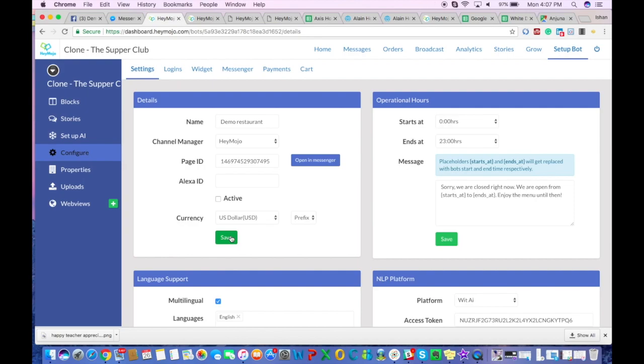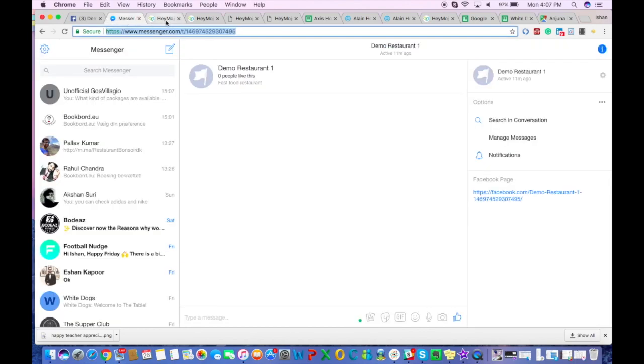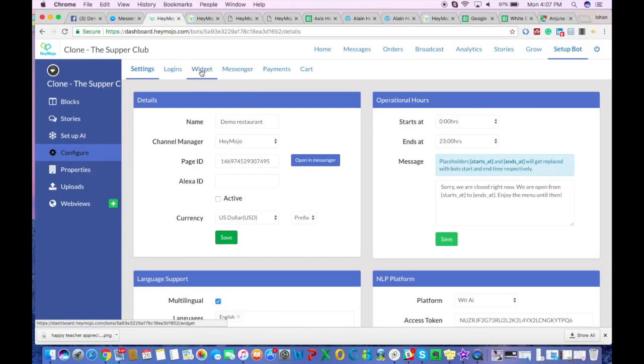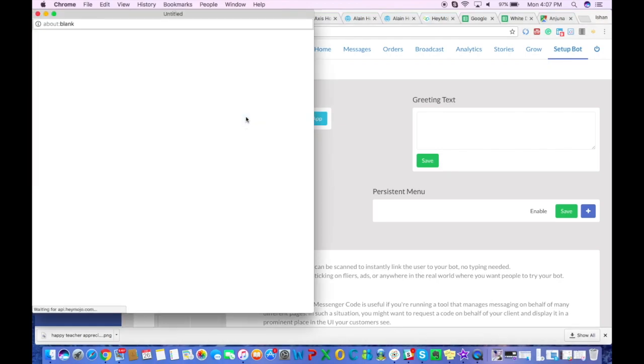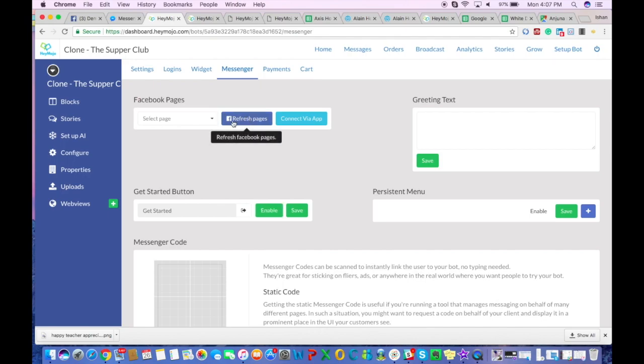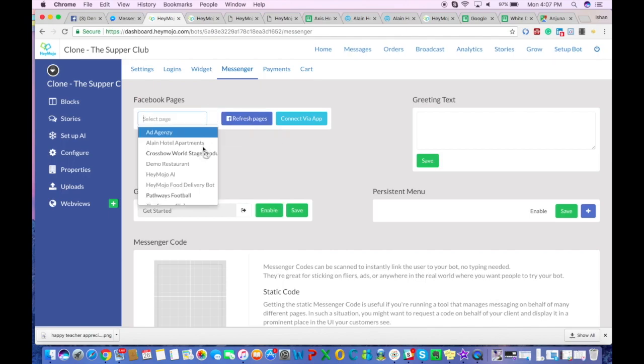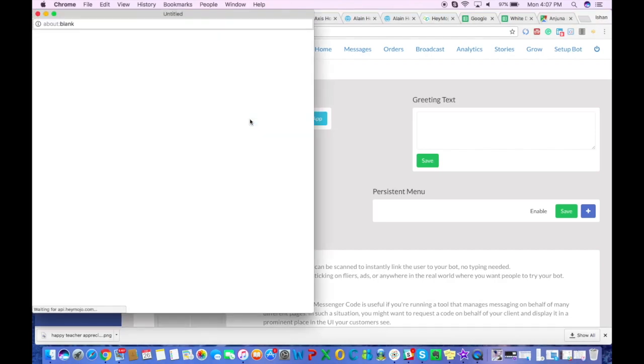Now the next thing I'm going to do is link my bot to my FB page which I've created on my messenger, which I showed you over here. So I'm going to click on messenger over here, and as you can see the Facebook pages. I'm going to click on refresh pages, and then I'm going to select the page. So I'm going to refresh this again,